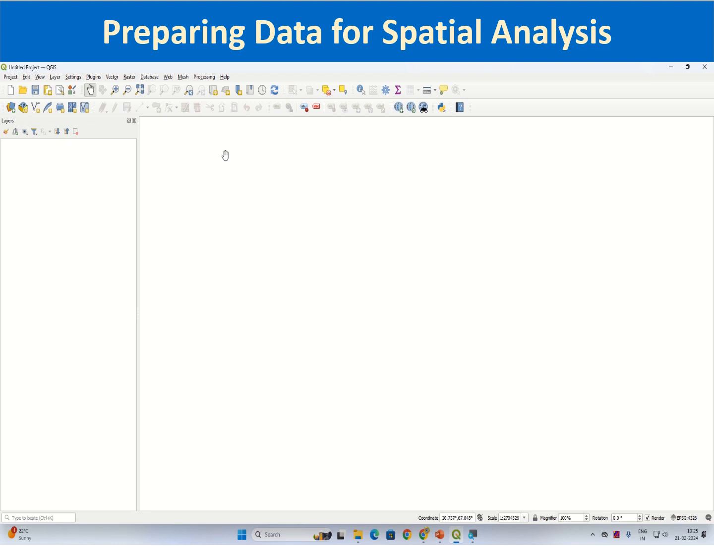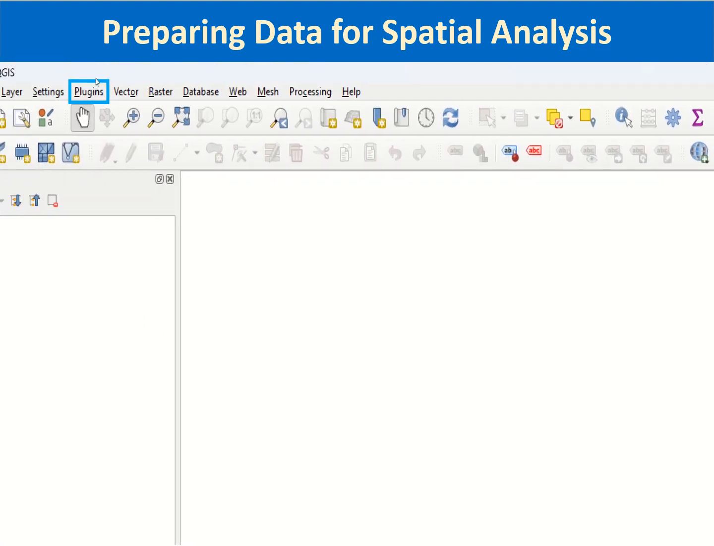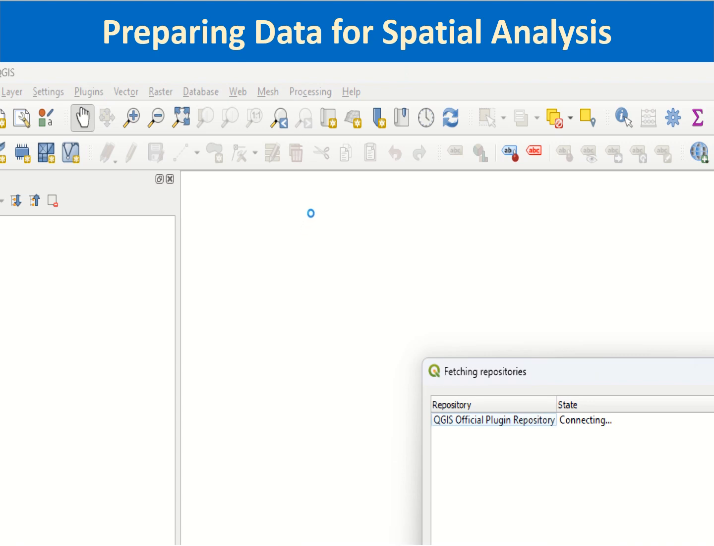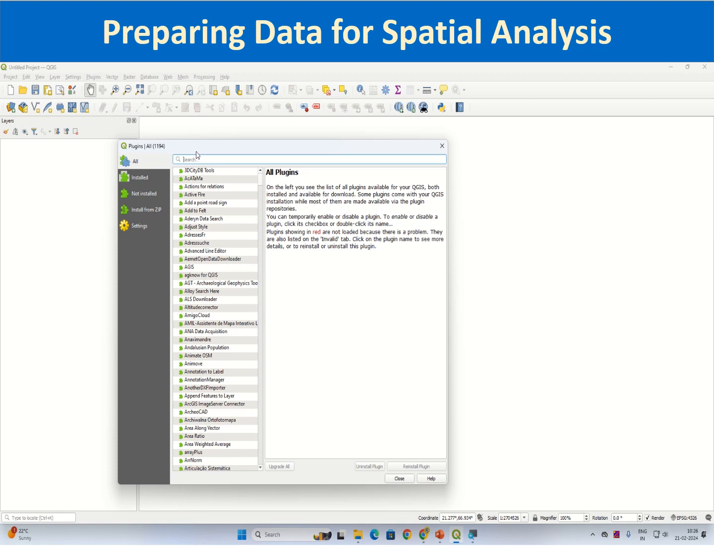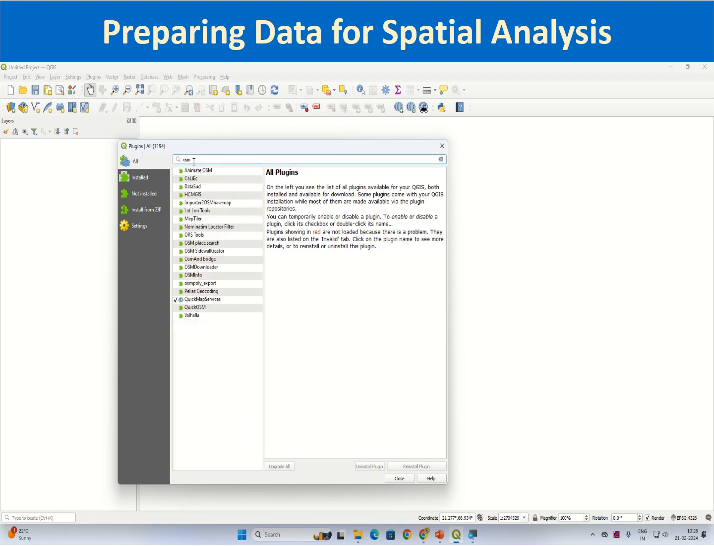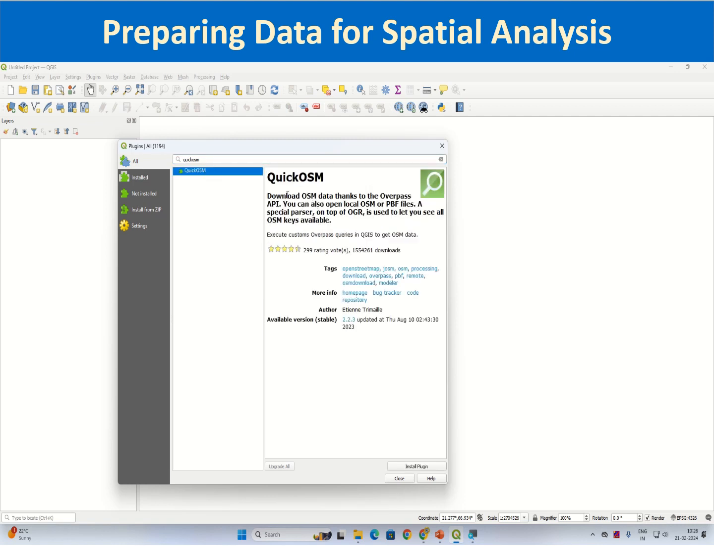Now as you know, for downloading any plugin, you can go to the plugin option, plugins, manage and install plugins. Now you can search here for OSM, QuickOSM. You can select this. So QuickOSM downloads OSM data using an Overpass API. This is an API, application programming interface, which will fetch data from the OSM,